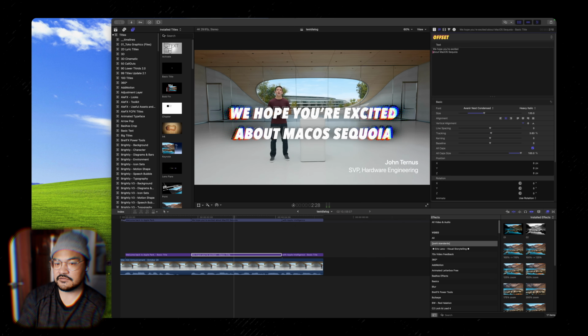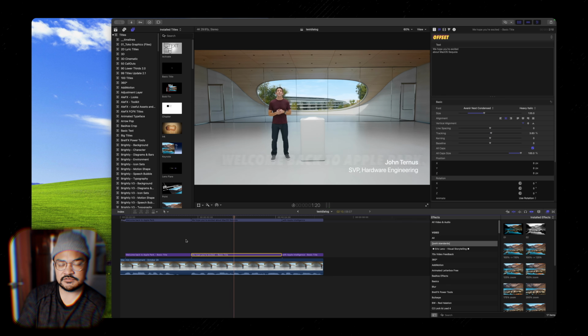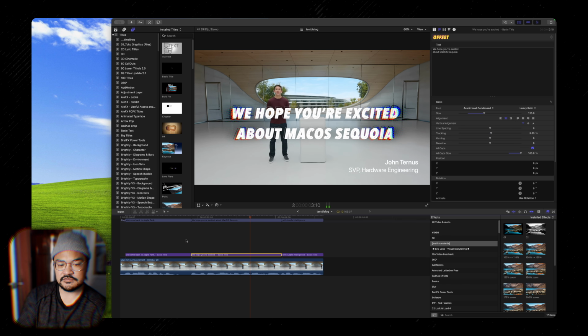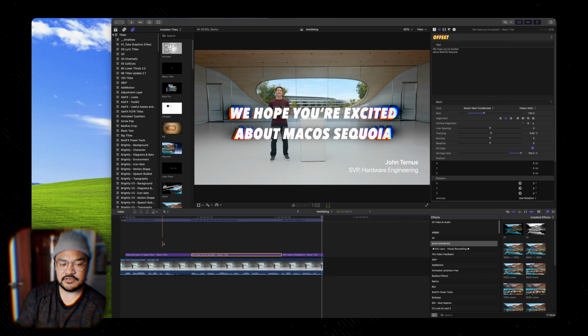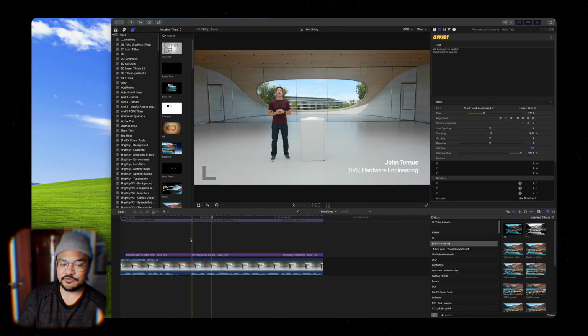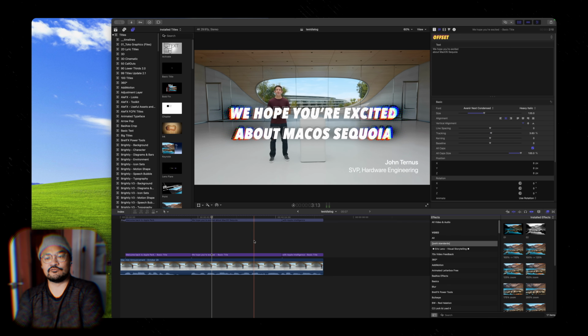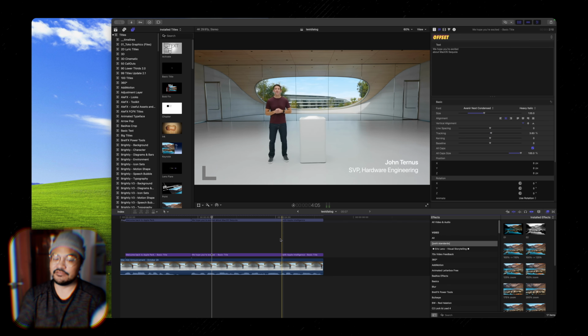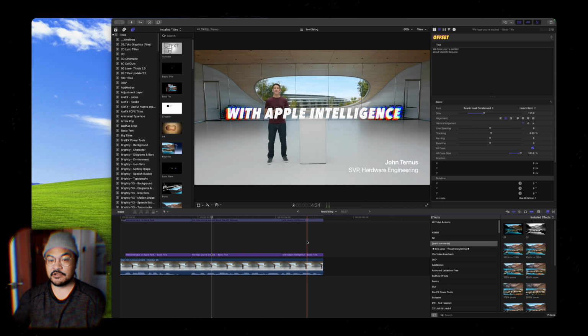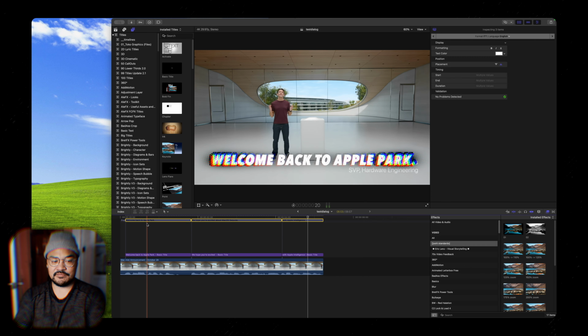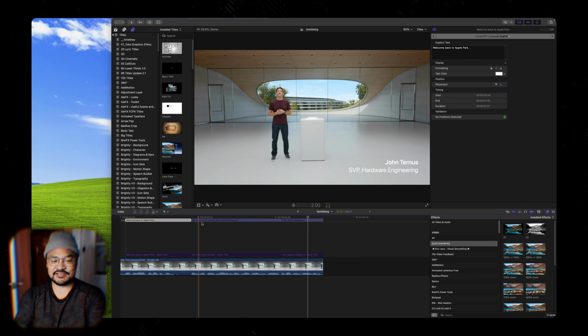Okay. macOS Sequoia. We hope you're excited about macOS Sequoia with Apple Intelligence. Okay, so immediately more dynamic. Maybe this wouldn't fly in any video whatsoever, but I like having the freedom to mess around with it if I want to. And if I'm only going to be getting just this,